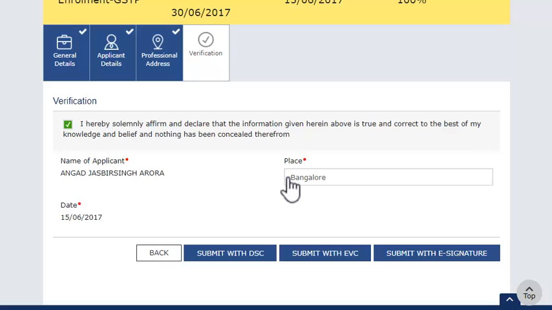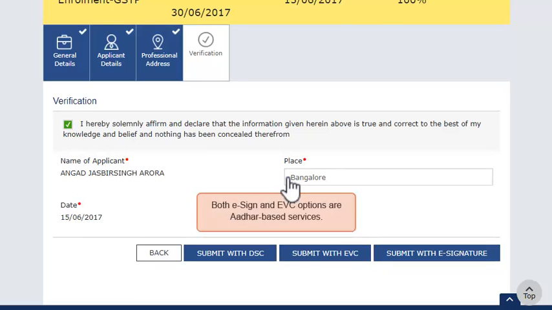Alternatively, the application can be submitted using the e-sign or Electronic Verification Code (EVC) option. Both these services are Aadhaar-based services and require you to have the mobile phone number registered with the Aadhaar database handy. In case of EVC, you will need to enter the OTP for authentication.